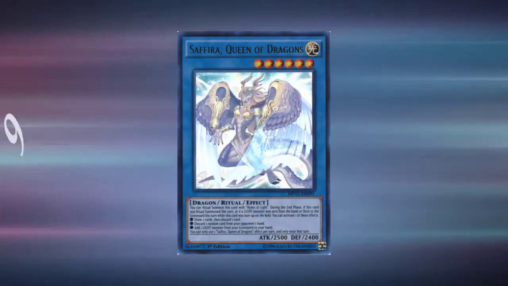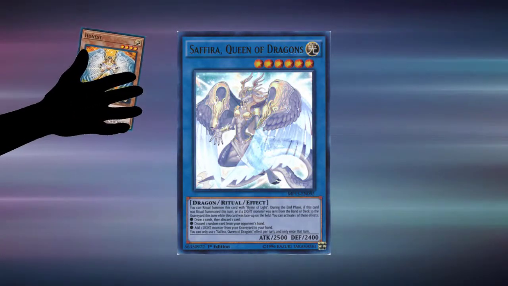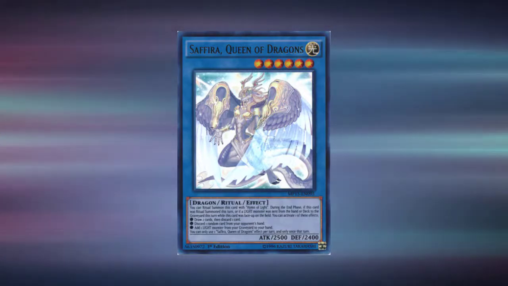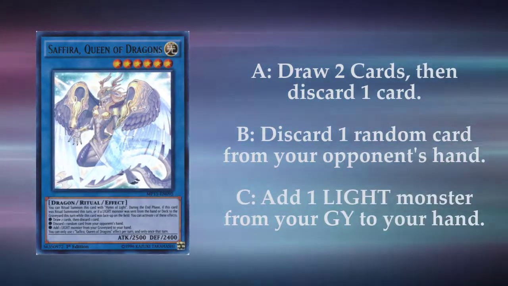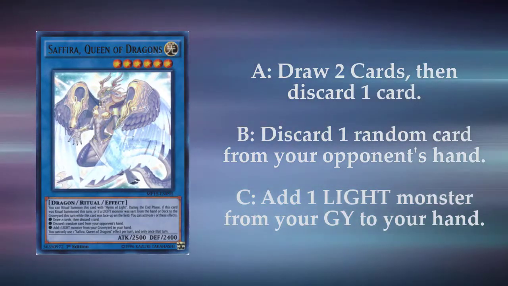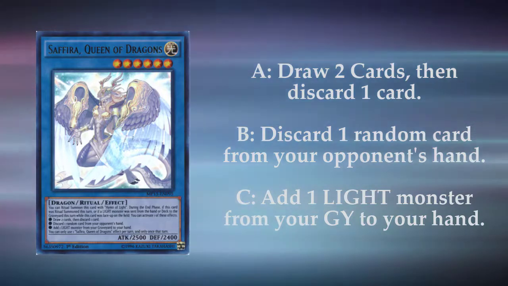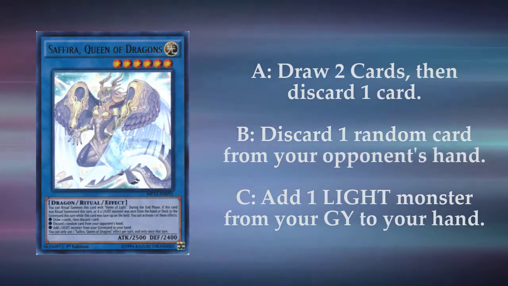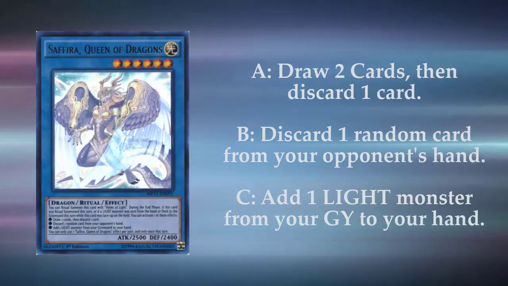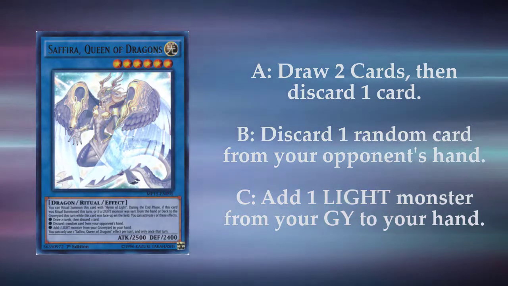At number 9, we have Sophia, Lady of Dragons. One of my personal favorites. During the end phase of a turn in which you either ritual summon Sophia or a light monster was sent from your hand or deck to the graveyard, you can activate one of 3 effects. You can either A. Draw 2, discard 1. B. Discard 1 card at random from your opponent's hand. Or C. Return 1 light monster from your grave to your hand, meaning you get the options of consistency, recovery, or hand disruption, which was a lot safer before dangers were released,